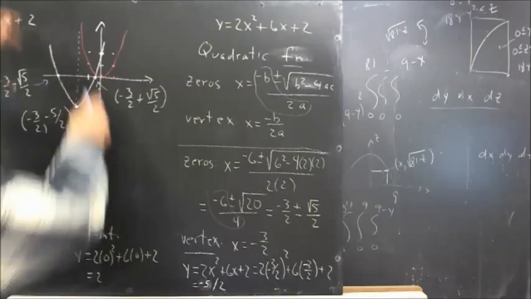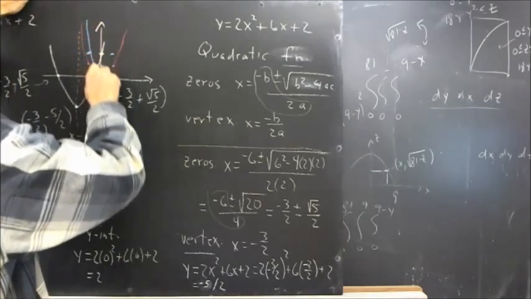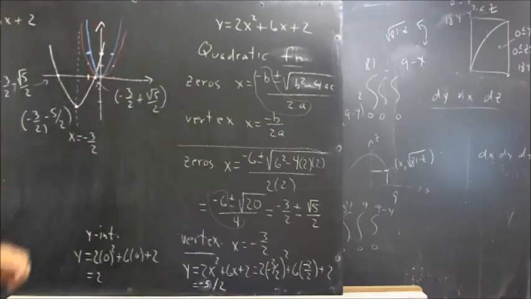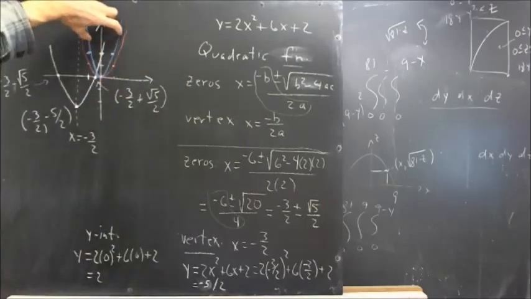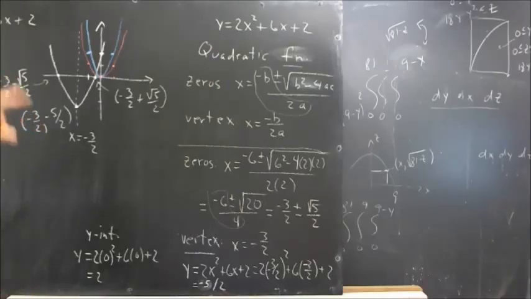Let me use blue chalk here, here, and here. It's going to be like this, okay? And if we then shift this graph over 3.5 units to the left and down 5 halves of a unit,